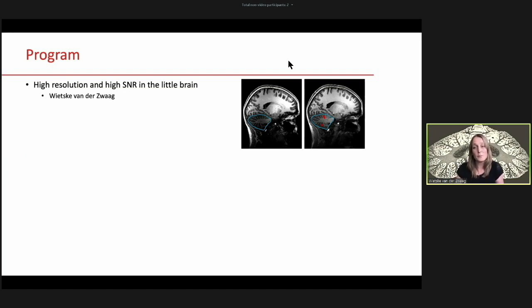So in today's session, we're going to share some of our tips and tricks with you and show you that it's possible and not even maybe as difficult as you thought to acquire good cerebellar data and analyze it properly. I'm going to start off with talking about high resolution, high SNR in the little brain,